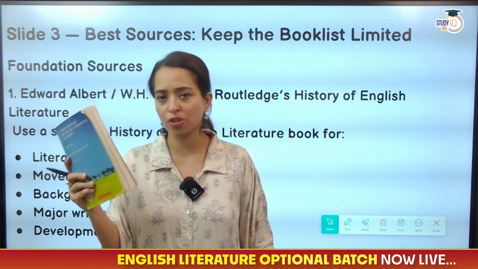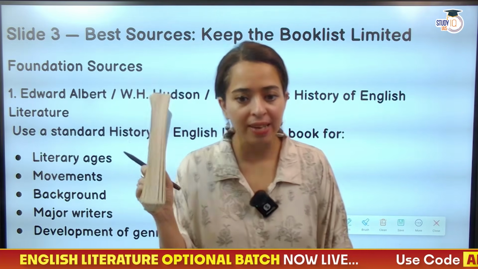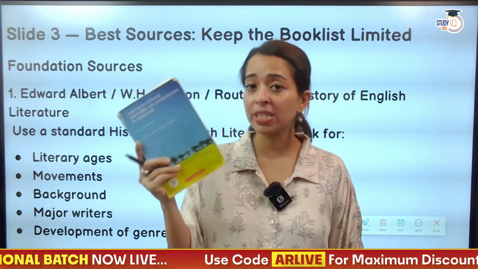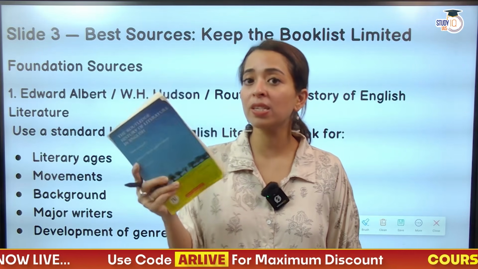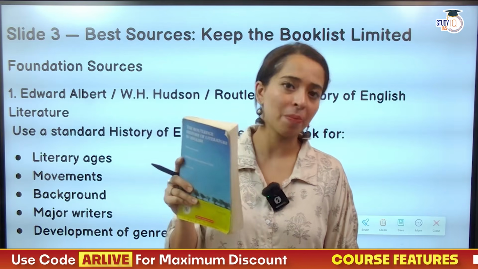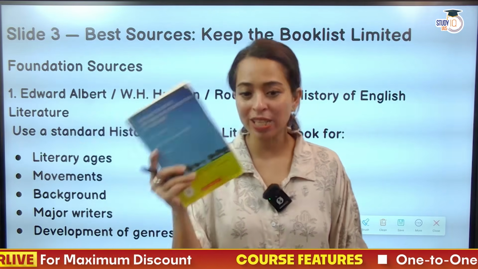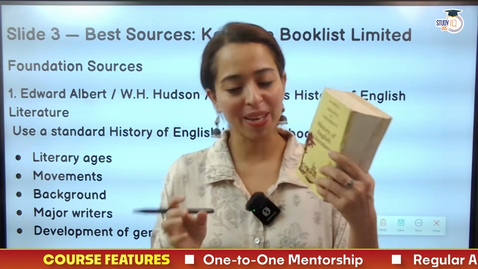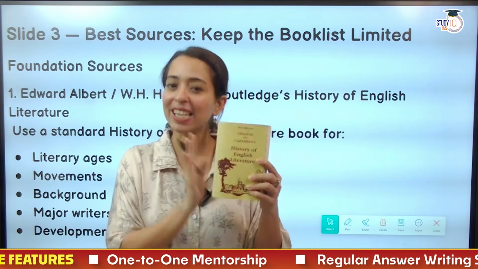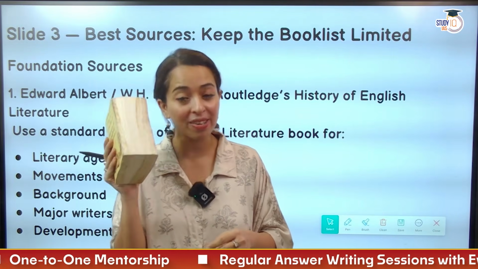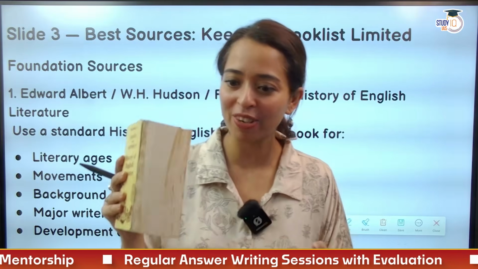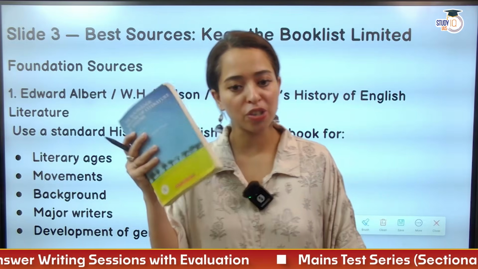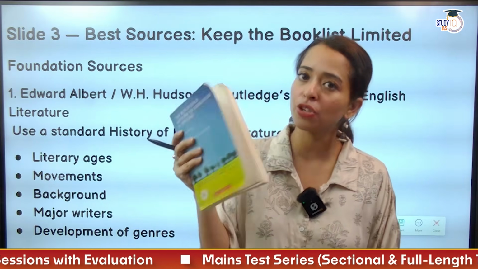That is the Routledge History of English Literature. Now, even the thickness of this book is not very heavy. Language is easy, it's sophisticated. There's clarity, lucidity, and the language is simple. It's not a very high-flown language. I could show you a text that I will not recommend, and that's Kazamia. Kazamia is one of the thickest books of history of English literature, but I'm not recommending you this. I know that you don't have enough time. So it's better if you read your Routledge History of English Literature to know the entire history.